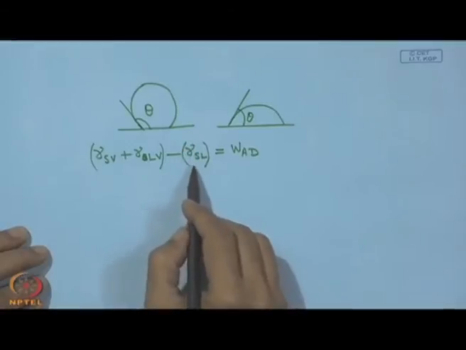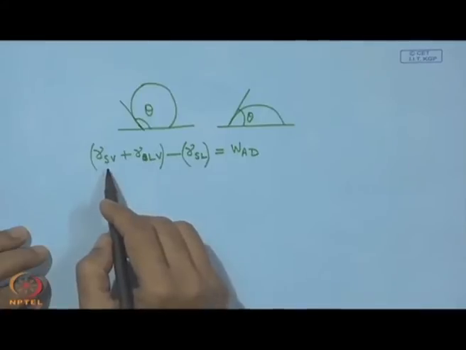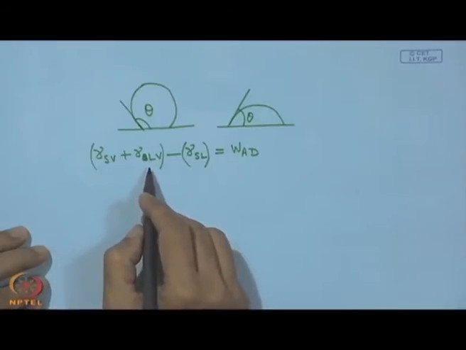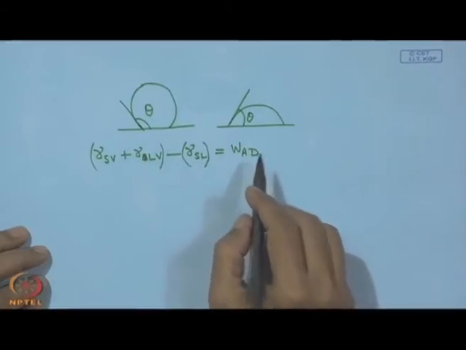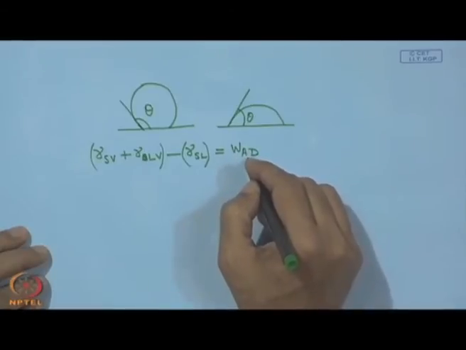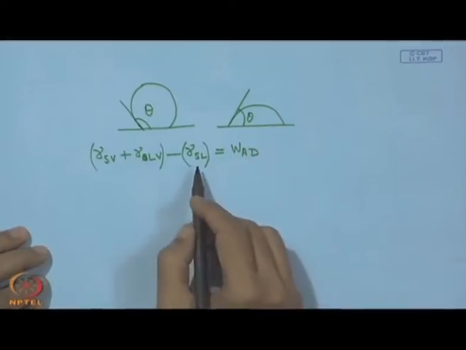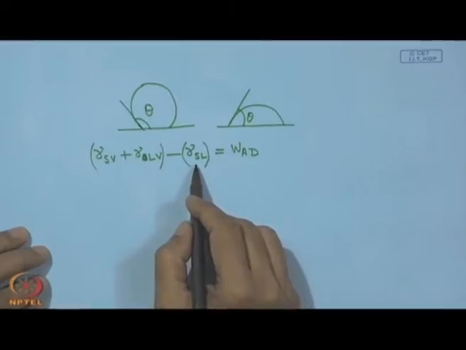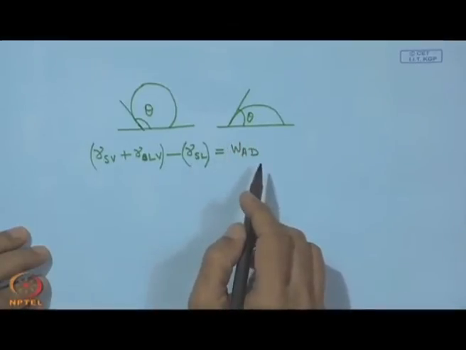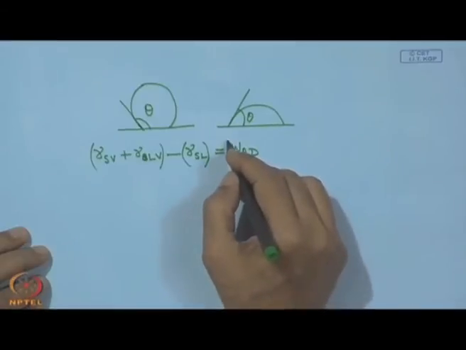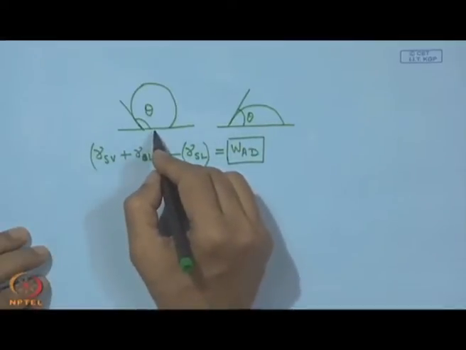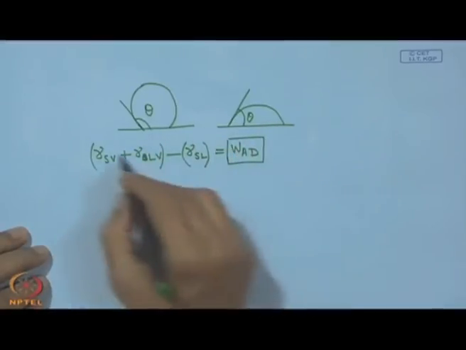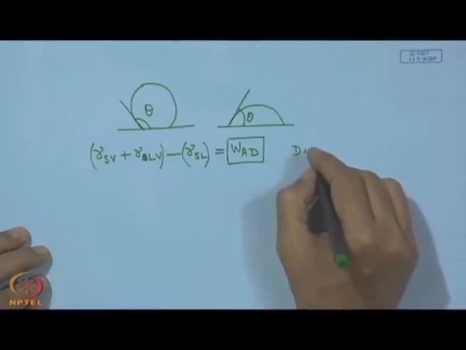That means, one liquid solid interface is now changed to a solid surface and that of a liquid surface, and in this process a change in free energy is taking place, and that is given by this term, work of adhesion. Now, the lower the value of this interfacial energy, the higher will be the work of adhesion. That means, this is actually the energy per unit area one may require to break this bond. So, this is actually known as Dupre's equation,